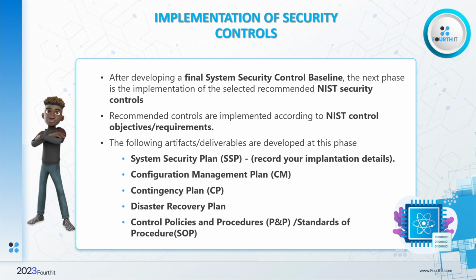Then we also have our contingency plan. Now, our contingency plan is a set of procedures or protocols that have been designed to make sure that we continue the availability of critical systems. So in case anything happens to our system, in case there is a disaster or an event happens within our environment, how do we handle this? Our contingency plan also talks about all those things. Our disaster recovery plan is a subset of our contingency plan. It focuses specifically on recovering from a major disaster, a catastrophic event that may result in prolonged system downtime or data